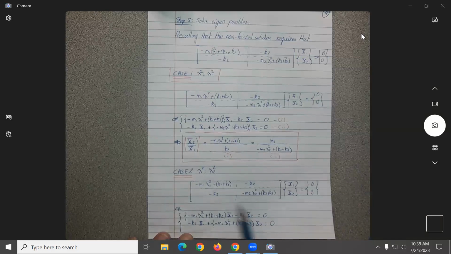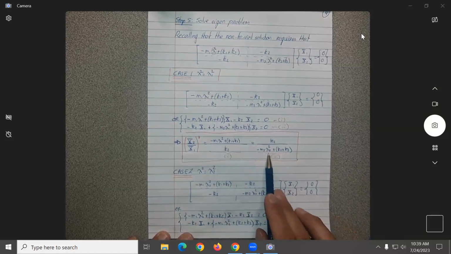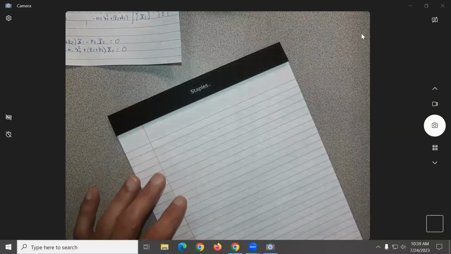Okay, so basically we're going to get the same expression as this one, but instead of lambda sub 1 it's going to be lambda sub 2, no? Okay, let me just copy that expression. So we're going to get